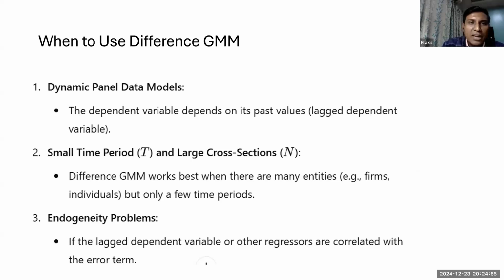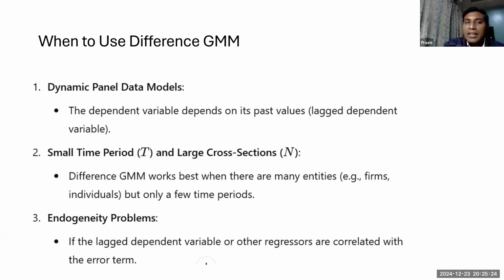When to use system GMM, and then we will do the estimation in R. So when to use difference GMM and system GMM will come later. When to use difference GMM: if you are working with a dynamic panel data model, then you will use difference GMM when you have a small time period and a large cross-sectional N. Why? For small T, this is good